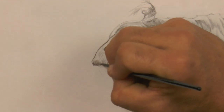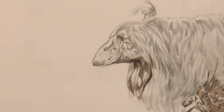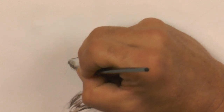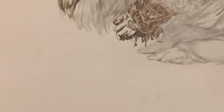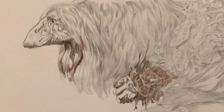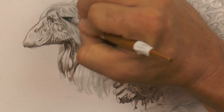Now on his schnoz here, on the front of his nose, I'm going to put a little tone going that way, and then I'm going to move this a little bit like this, and I'm going to come in with a similar stroke but against it, and now I'm going to spin it back again. Normally I spin my board all the time when I'm doing this stuff. I'm going to do a little quill work and just play around with that. So I'm just really having fun with you guys here, and I'm just showing you